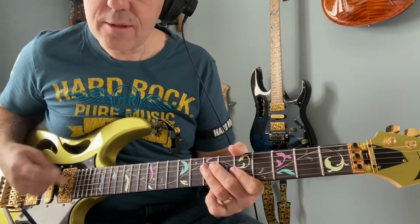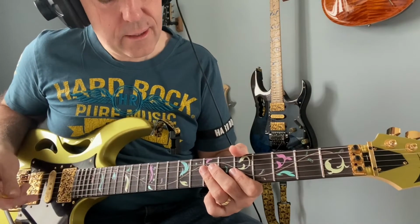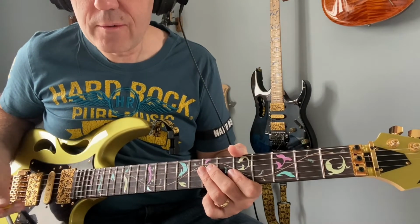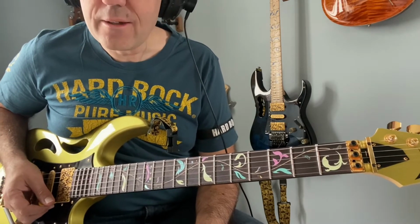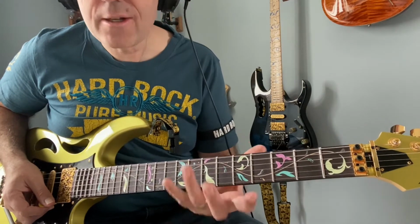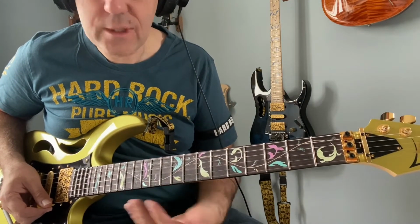And then you can start to string them together and you can start to do cleverer things and become more creative. And if you can get them in your head and you can imagine how they fit from a timing point of view, you can play along with the backing track and you can put them in. And that's where you get target notes really, so joining them together rather than trying to crash through a whole load of cool stuff. You join it together by target notes, which I see as pausing